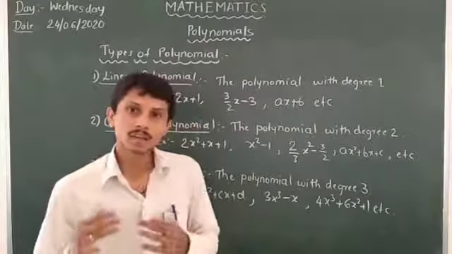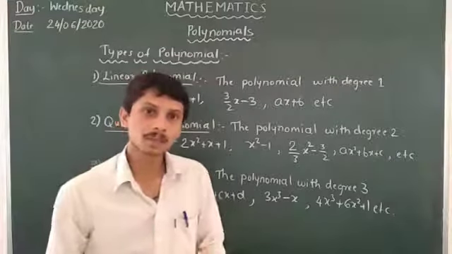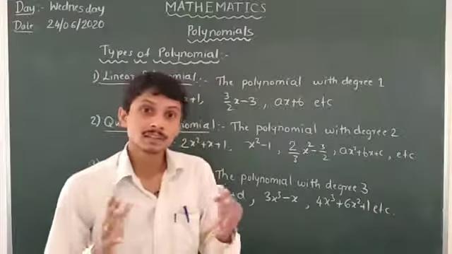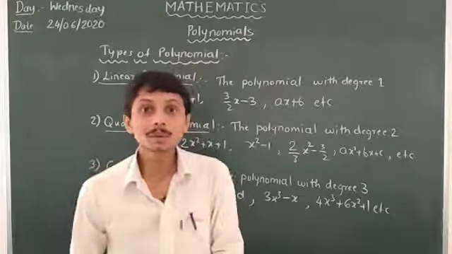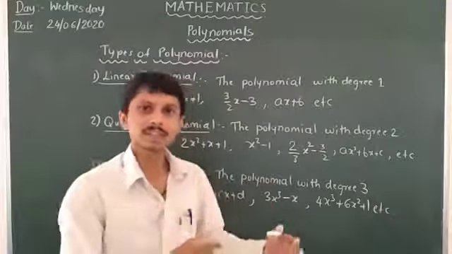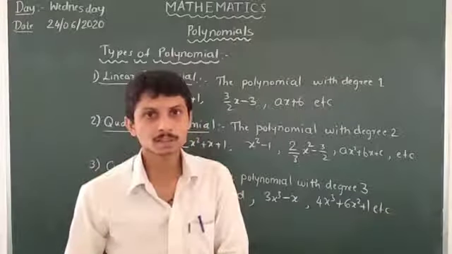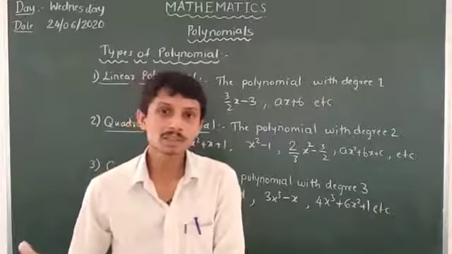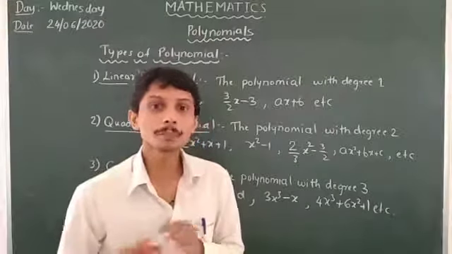Here we are taking the geometrical representation of linear polynomial, quadratic polynomial, and cubic polynomial. After that we have to represent the polynomial, then the coefficients of the polynomial with the zeros of the polynomial. In this class we have to take one by one. Firstly linear polynomial, we already knew about that. After that we have to take geometrical representation, and then its relation between coefficients and zeros of the polynomial. Before that we have to know about the zero of the polynomial.